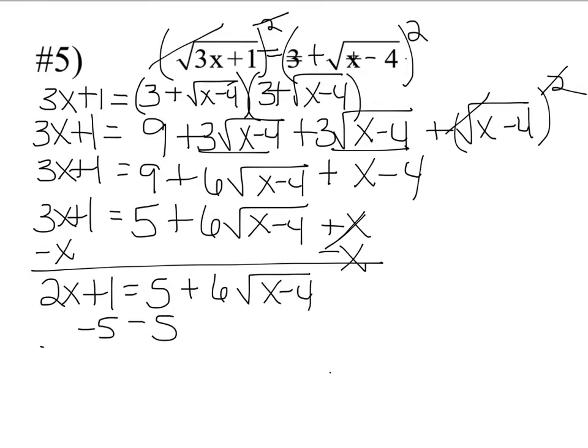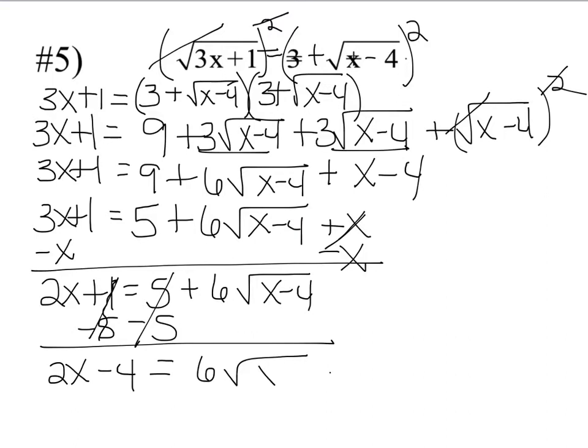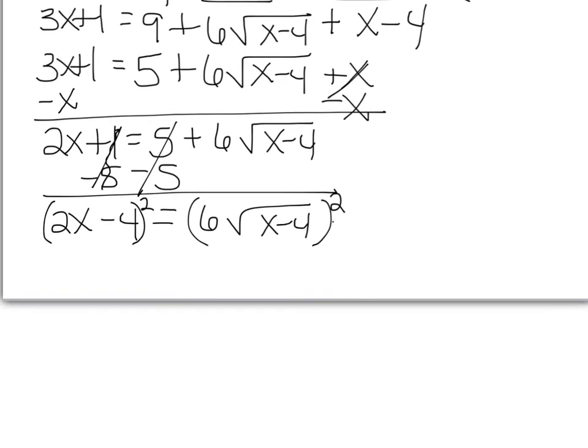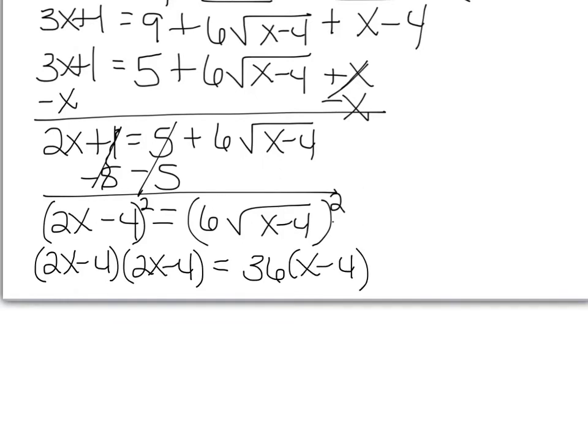Then I'm going to subtract 5 from both sides, leaving me 2x minus 4 is equal to 6 square root of x minus 4. Now remember, this is where I told you, square both sides. Do not divide both sides by 6. When you square both sides, you get 2x minus 4 times 2x minus 4 is equal to 36 times x minus 4. And how that happens is it's 6 squared